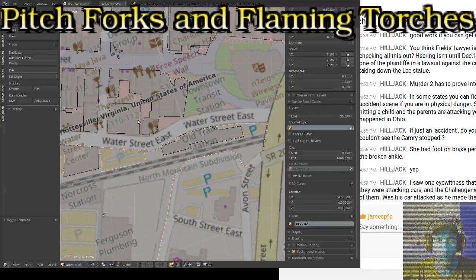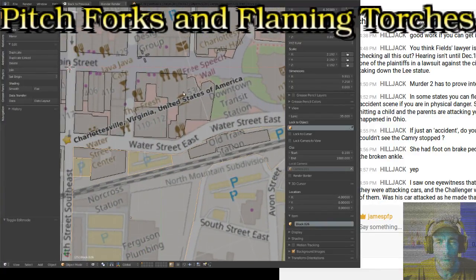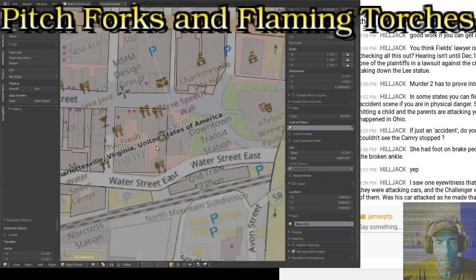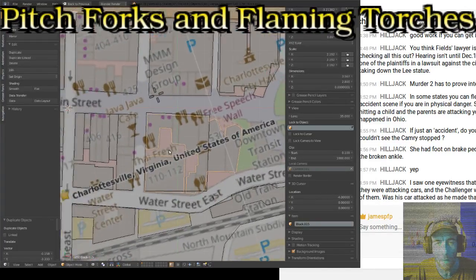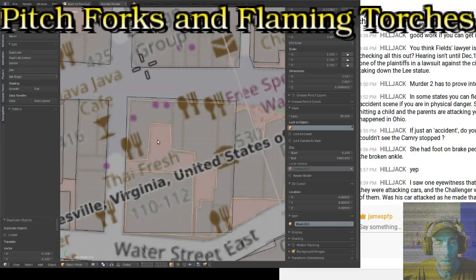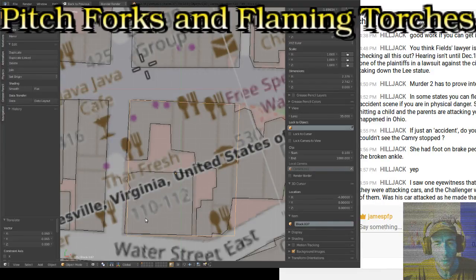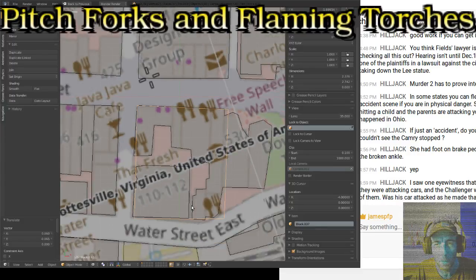So I've been putting off doing this over here. But now that the outside edge is done, I'll grab this block. Shift D to duplicate it. We're doing a top-down map. I'm thinking a map is probably the best way of reaching a large audience where there's a bunch of different video sources from different points of view. It would make more sense to more people